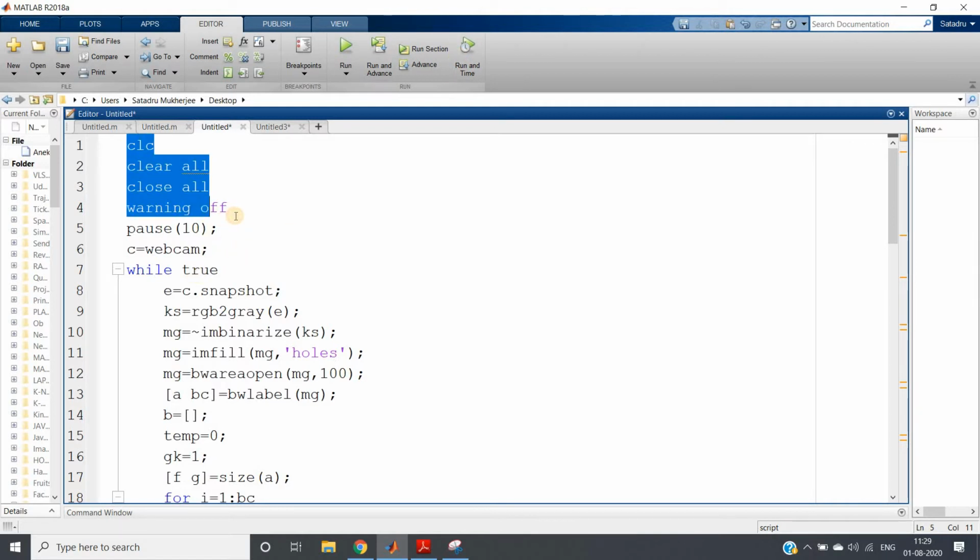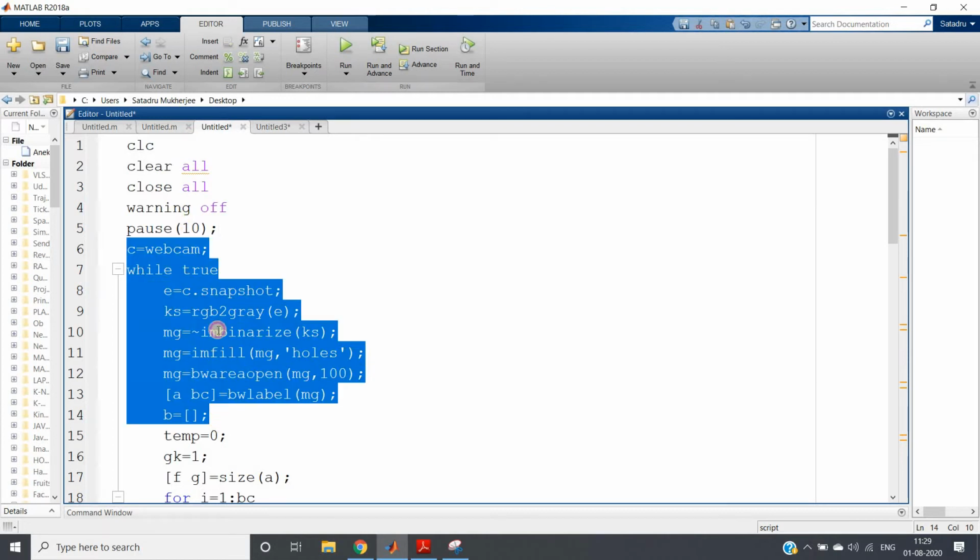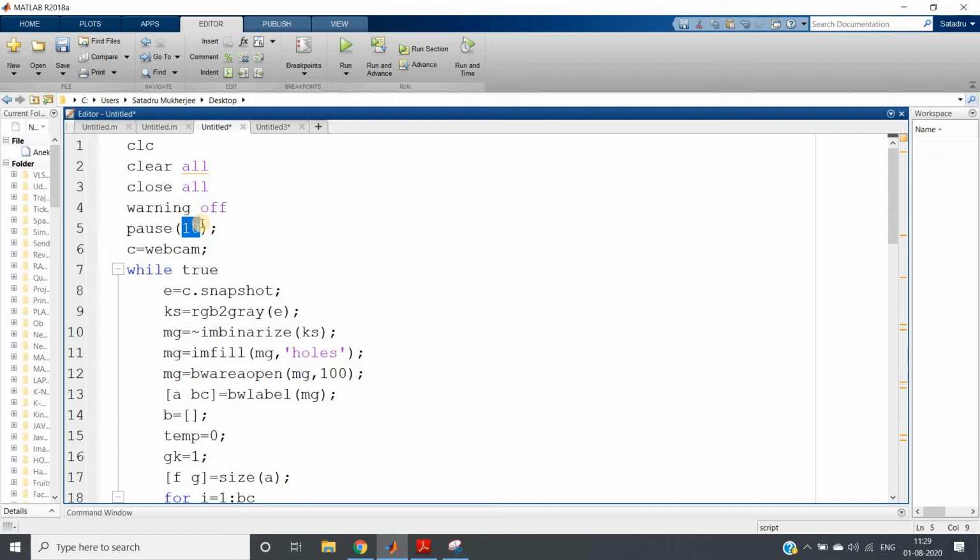So: clc, clear all, close all, warning off, and pause 10, so that there is a pause in between executions. The processor will stop for 10 seconds, and then I open my computer camera with c = webcam. If you don't have this package, you will get an error, so first install it and then use it.